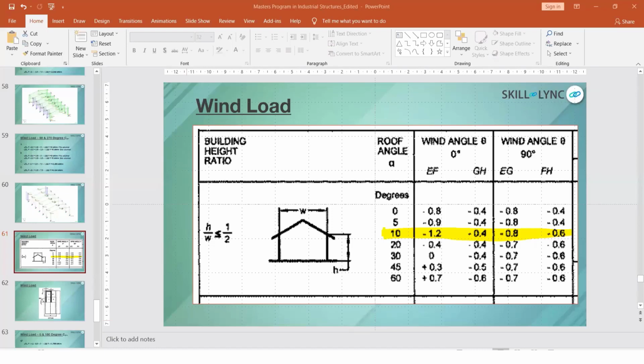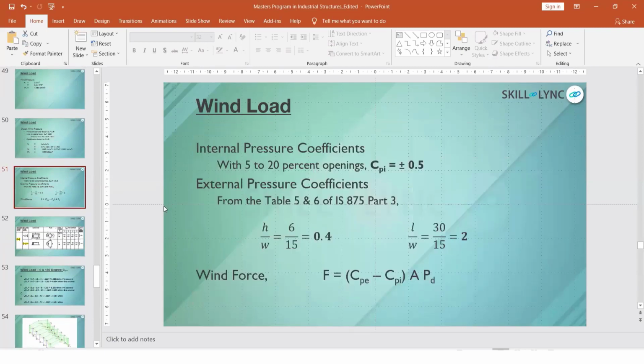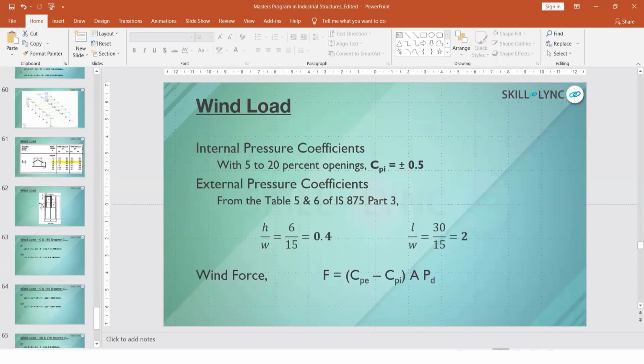So for a pitched roof, the height by width ratio: height is 6 meters and width is 15 meters, so it is less than 1 by 2, right? Earlier we saw in the PPT that we calculated H by W as 0.4, which is less than 0.5. So we need to follow this table only.